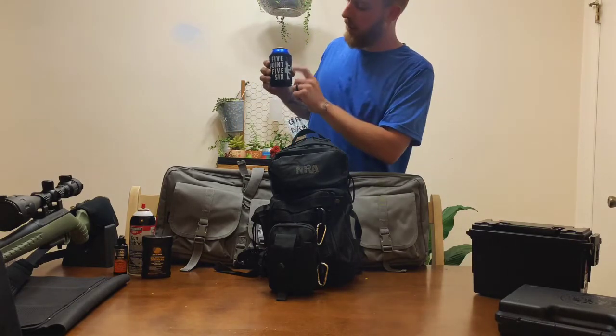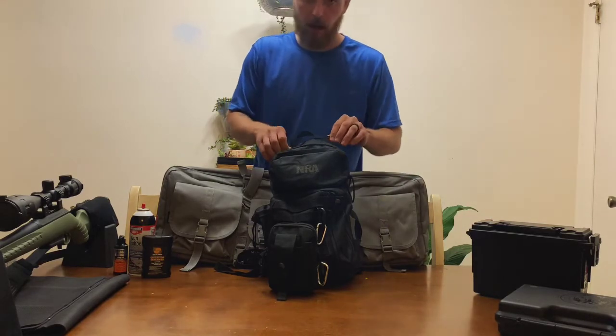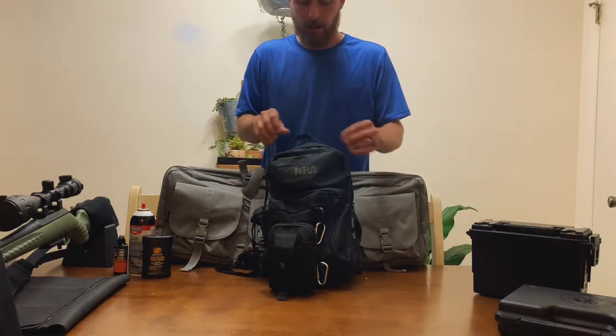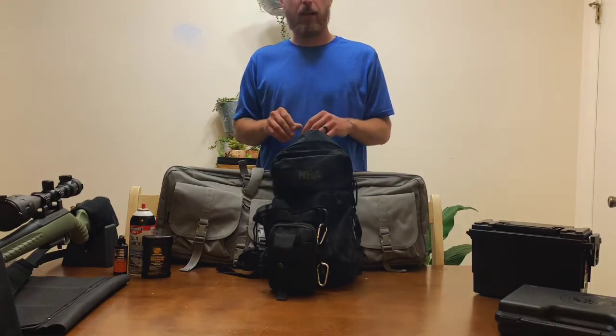Don't forget your 5.56 koozie for your cold beverages. Obviously not beer if you're at the range, unless you're on your own property, then you can do what you want because this is America. So,